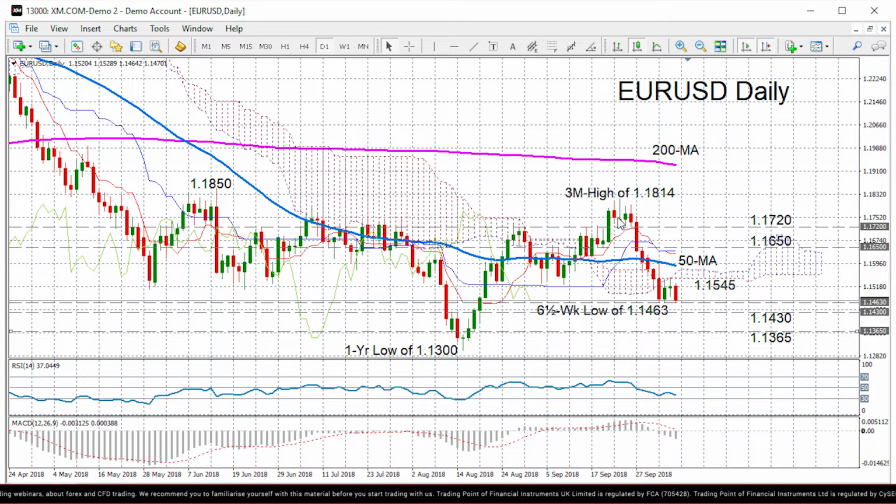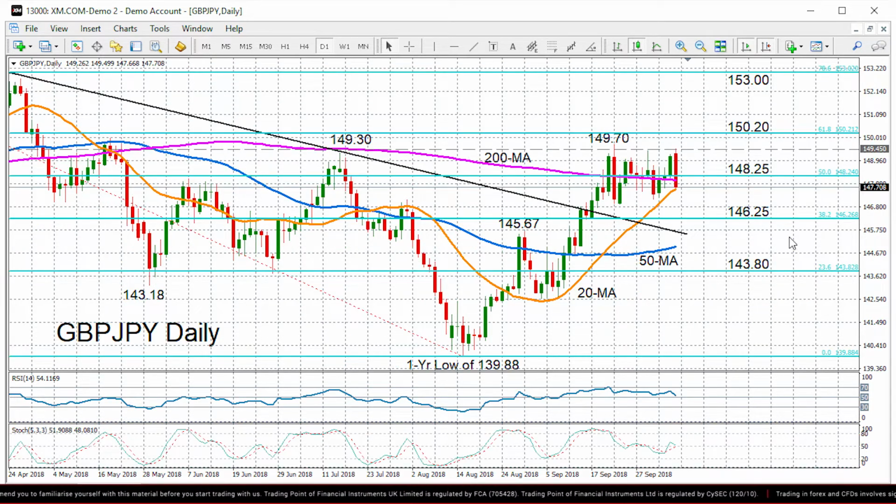Let's now turn to pound yen. We can see it's rather neutral at the moment. RSI is just above the 50 neutral level, and the stochastics are hovering around 50 as well. Though the risk is clearly to the downside, immediate support is coming from the 20-day moving average, currently around